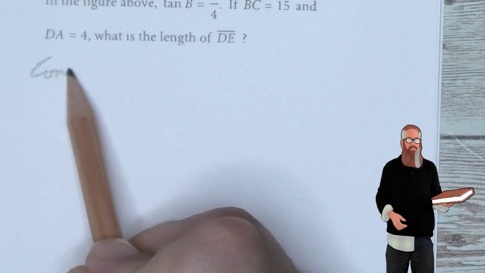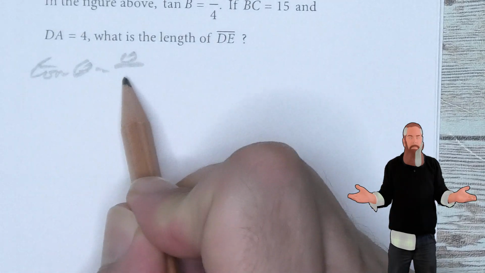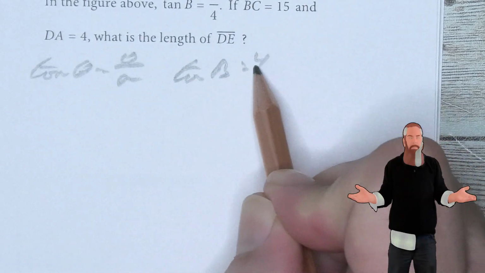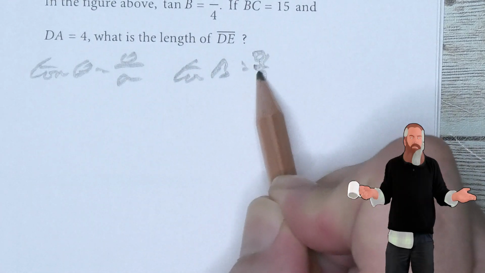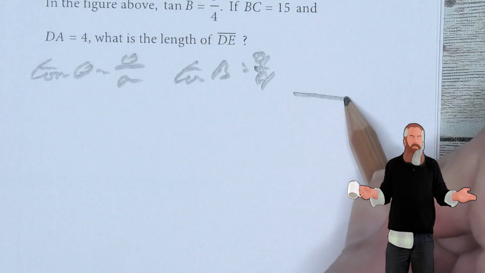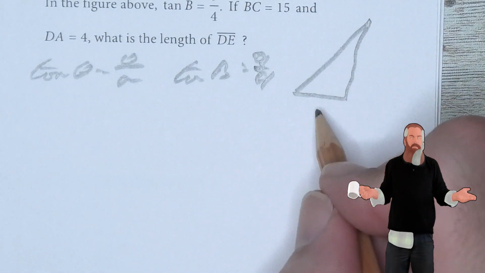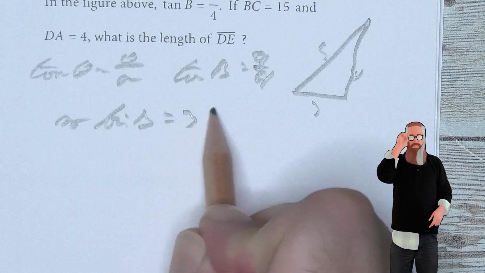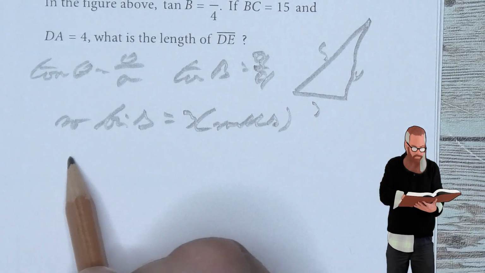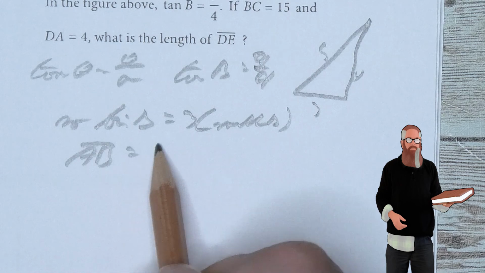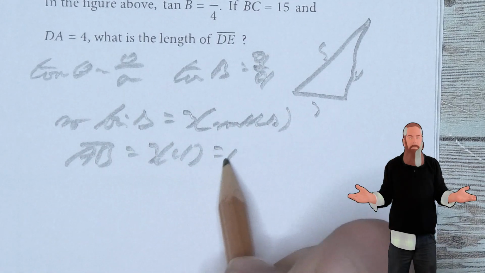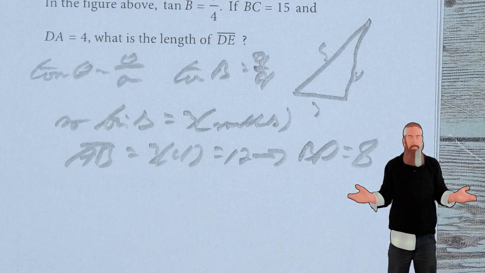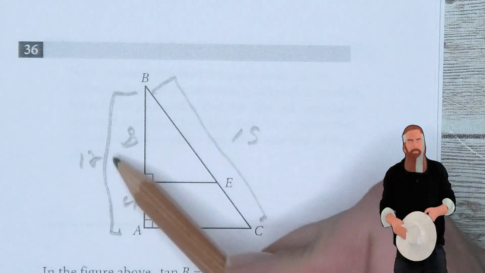Now we can know that the tangent of an angle is equal to the opposite over the adjacent, and that the tangent of B was equal to 3 over 4. This means what we're looking at here is a 3, 4, 5 triangle. So the big triangle is going to be equal to 3 times the small triangle. This would mean that AB is equal to 3 times 4, which is 12. This is going to give us BD is equal to 8,